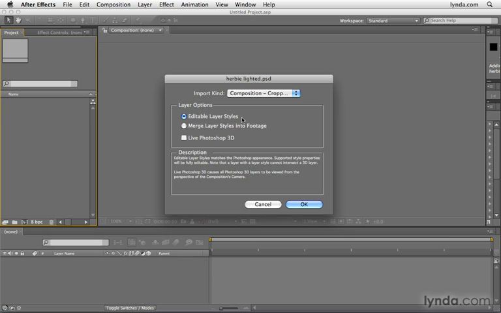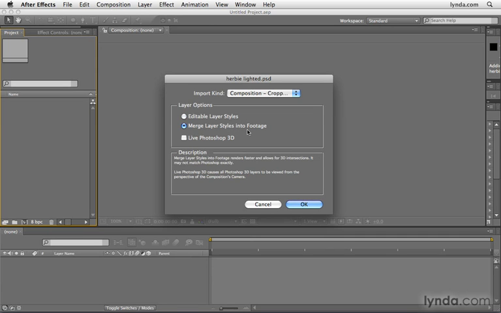The problem with this is that if you're going to put those layers with the layer styles on them into 3D space and you want them to intersect one another, in other words, you want one of them to go in front of or behind another layer, they won't do that. So if you're doing very, very simple and basic 3D, then this option is probably the best choice. But if you're going to be doing any kind of 3D, you might want to consider merging the layer styles